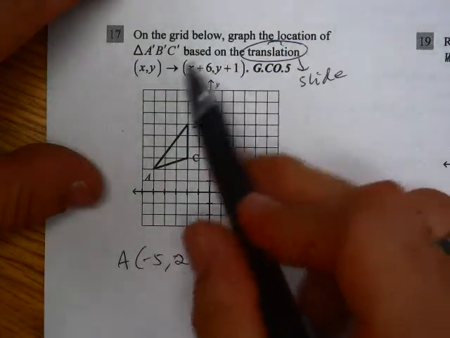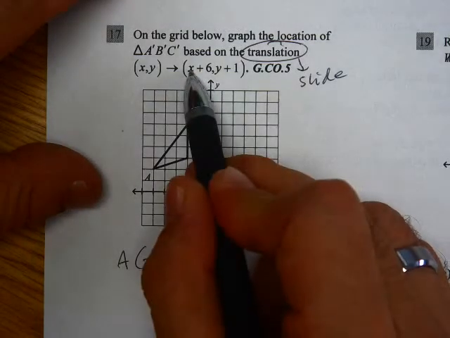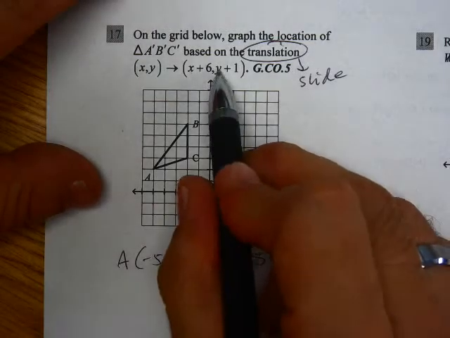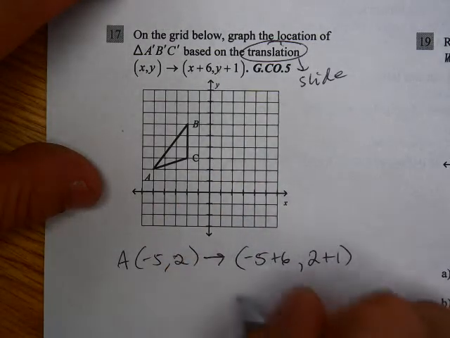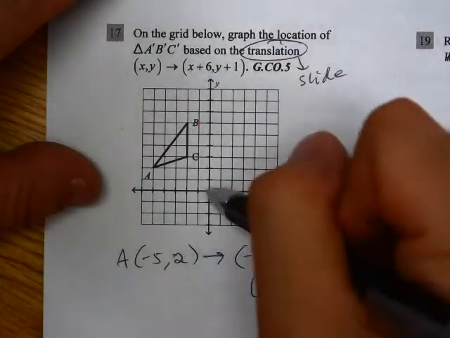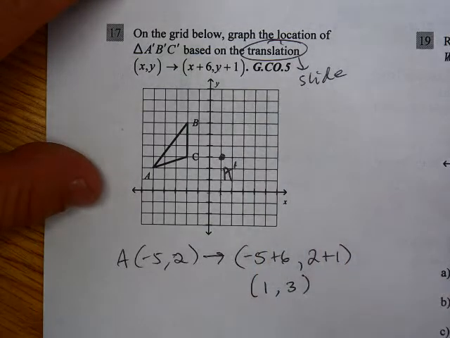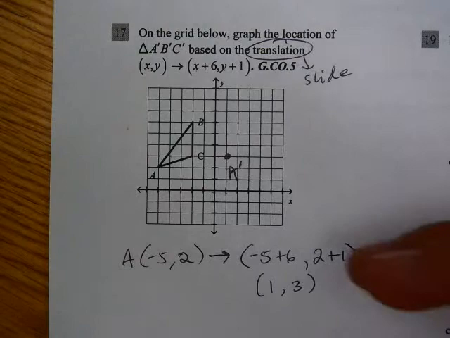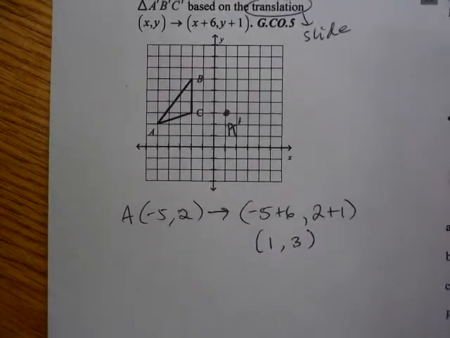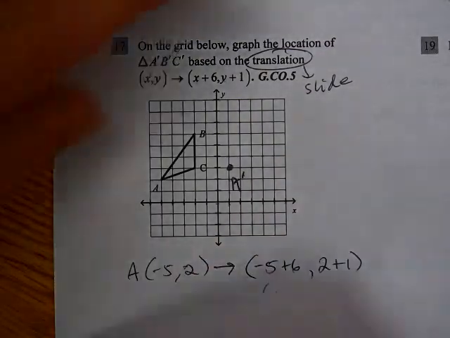Now if you're comfortable with this, all you're doing is taking negative 5, plugging it here into x, that becomes negative 5 plus 6. This 2 goes in here for y, 2 plus 1, so this point becomes positive 1, positive 3. Right 1, 2, 3, there's positive 1, positive 3, there's A prime. Now that is definitely one way you can do it. Again, if you like plugging in these numbers, you can do that also for points B and C. Now if you're using the tracing paper,